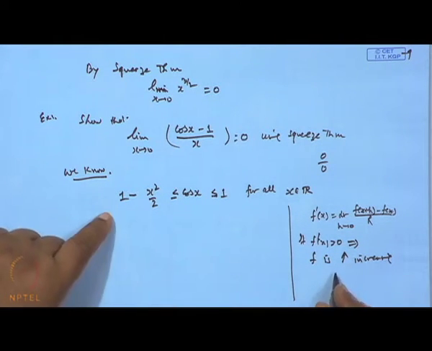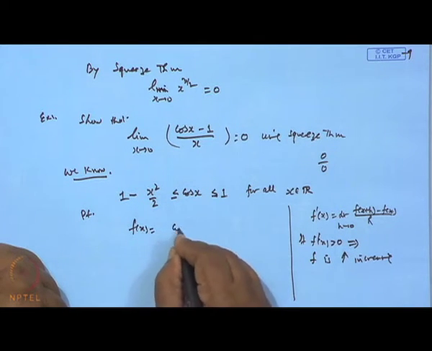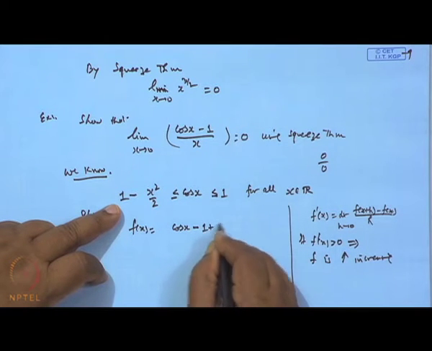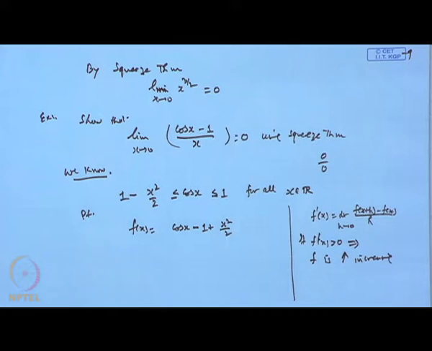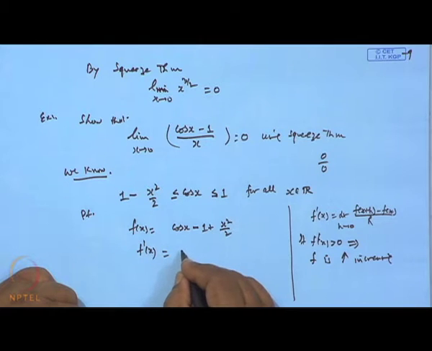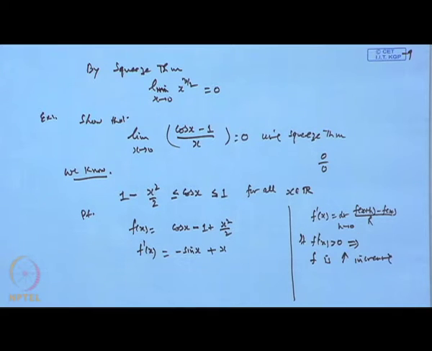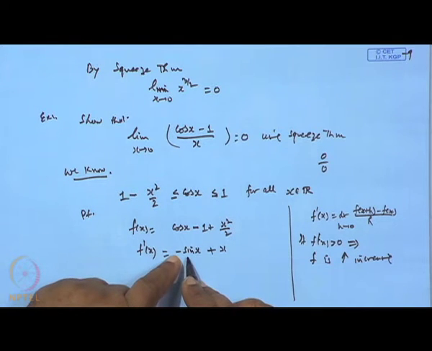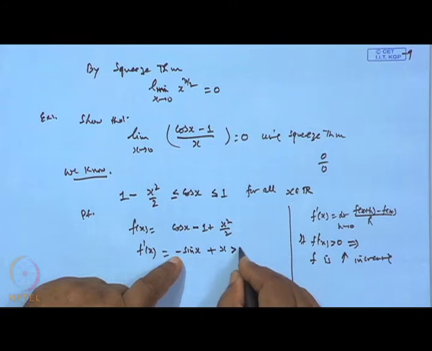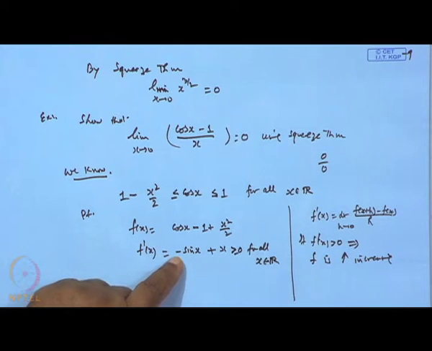So, use this thing. If I construct this function f x as cosine x minus 1 plus x square by 2, and take the derivative, it becomes minus sin x plus x. Now, x minus sin x will always be positive for all x belonging to R, or may be equal to 0. Why? The reason is that